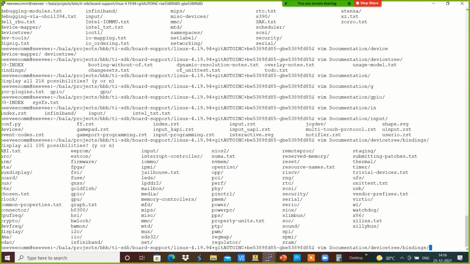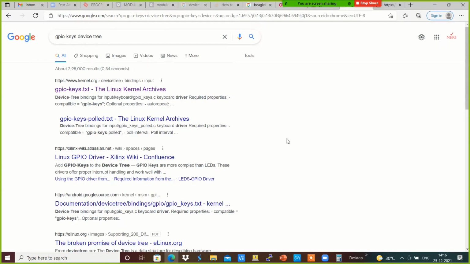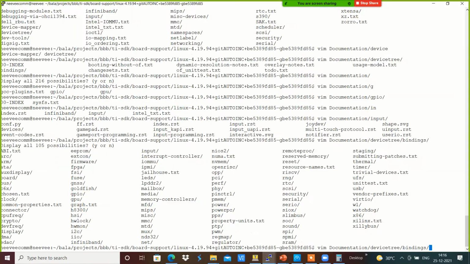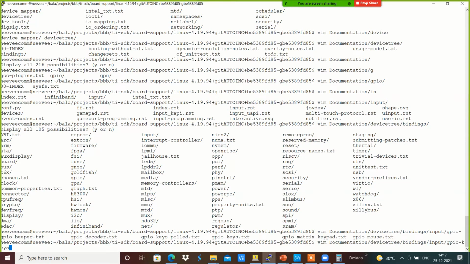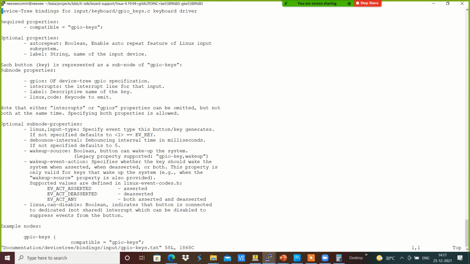Inside the bindings there will be something like input, gpio-keys.txt over here. Yeah, this will have the information about the keys.